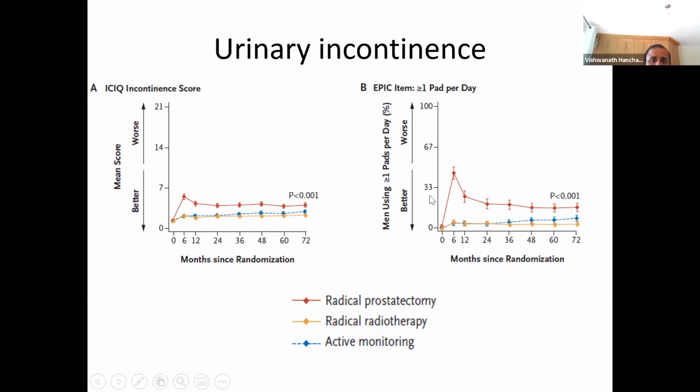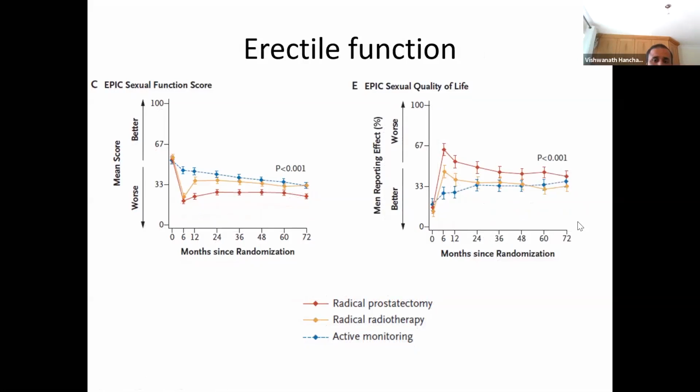Again, this has to be taken into account, as the majority were open surgery and only a few had robotic surgery at that time. If you concentrate on the active monitoring arm, that is more or less similar to the radiotherapy arm. Coming to erectile dysfunction,